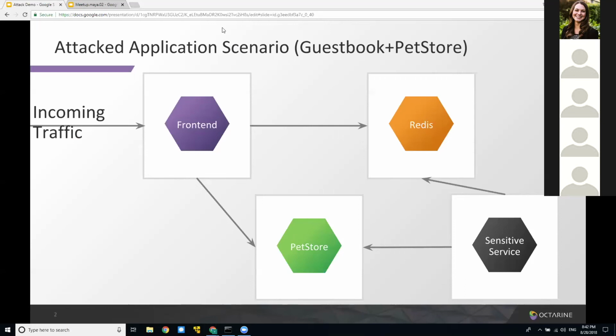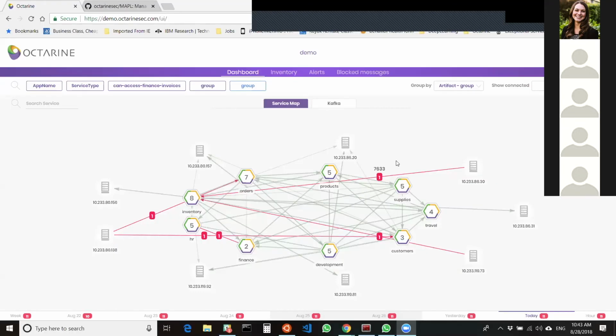All right. So I would like to very briefly demonstrate what a visibility dashboard would look like when aggregating information from Envoy sidecars in a Kubernetes environment.